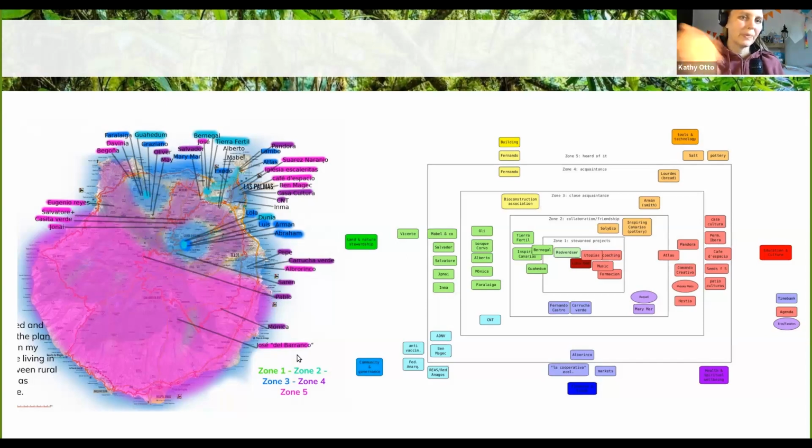But sometimes we also can make this, and the zones are also an invisible landscape. And we can map in zones anything. The map on the right hand, for example, is a map of the zones of our association and other associations we collaborate with or know about. So in zone 1 are the ones we are working with all the time. In zone 2 are regular collaborations, and zone 5 are people we heard of, we know exist, but we never